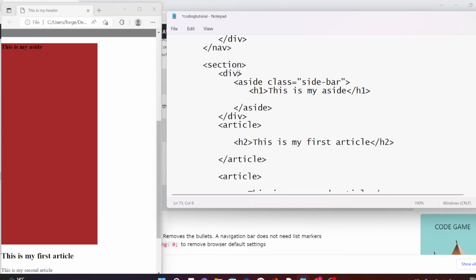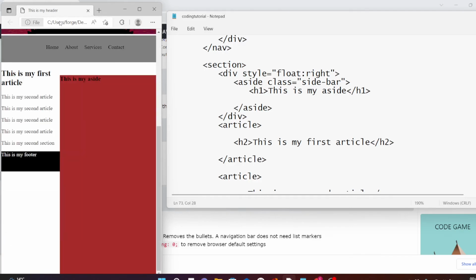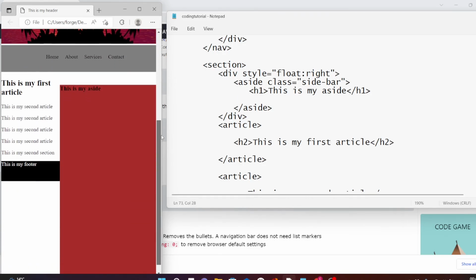Then on that div, I'm going to say style equals to float right and close with double quotes. So save your code and refresh the browser. Let's see if it has gone to the right side. So you can see now that it has been floated to the right side of our web page,